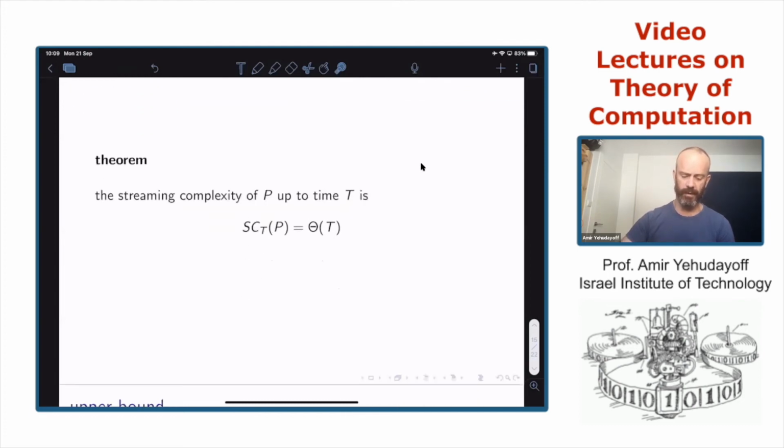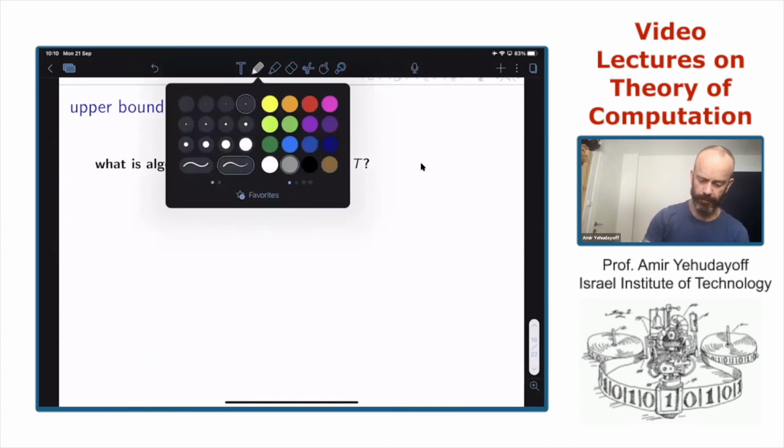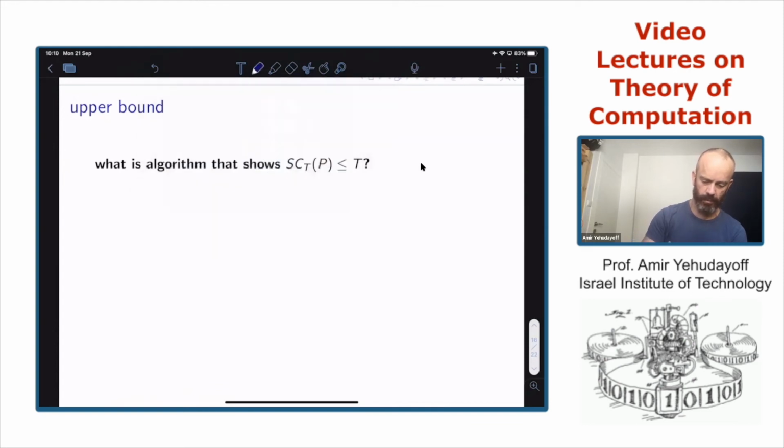So the first thing we will do is to prove an upper bound. We will find an algorithm. This is a very simple algorithm. What is the algorithm with memory size T that can solve palindromes up to time T? The algorithm is very simple. The algorithm memorizes the input.